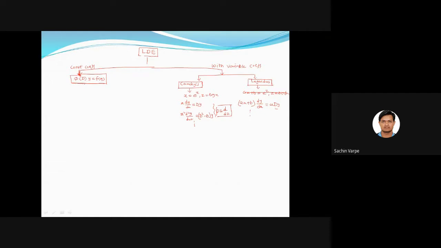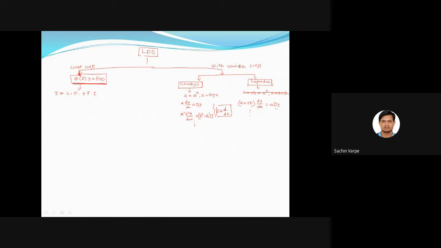And then we have discussed the method of solution of linear differential equation with constant coefficient as a general solution. Its solution is the value of the dependent variable, that is y, which is called the general solution or the complete solution, which is complementary function plus particular integral, right?